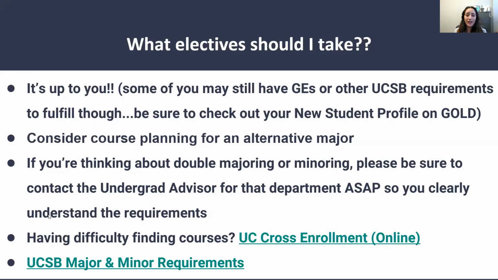And then again, you can find all of UCSB's different major and minor offerings in the general catalog. So again, just Google search UCSB general catalog or UCSB list of minors or UCSB list of majors to help you. You can see the major sheets for all of those majors or minors to help you look at what classes you might need for those if you're interested in that.